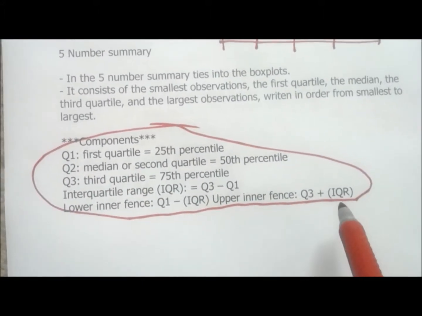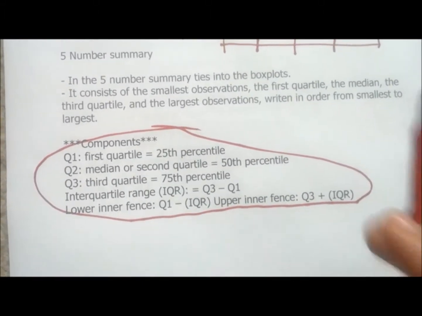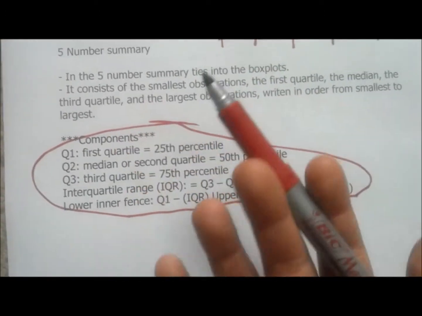Now, the lower fence is essentially the line that you're going to use to find any outliers. Basically, numbers that don't